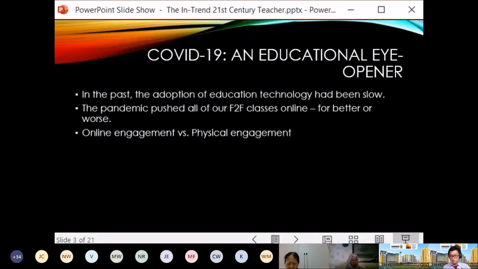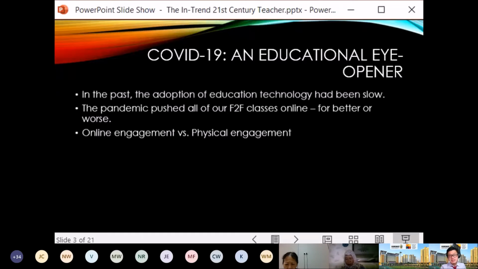Now there is a stark contrast between online engagement and physical engagement. This is the disconnect that we are seeing. As an educator myself, I see a very big disconnect between the two. In face-to-face, physical engagement, you can tell from body language and eye contact. You can stare down at your students, you can read the overall atmosphere in your classroom. But in an online environment, no. Like right now, because of bandwidth issues, or shyness, or just general disengagement, a lot of people do not turn on their webcams.